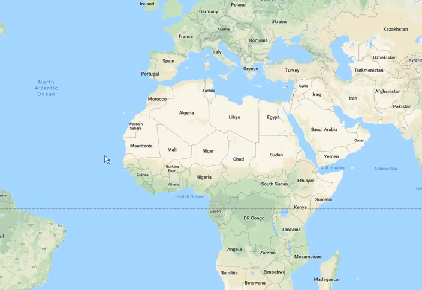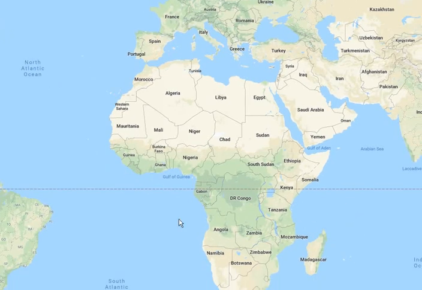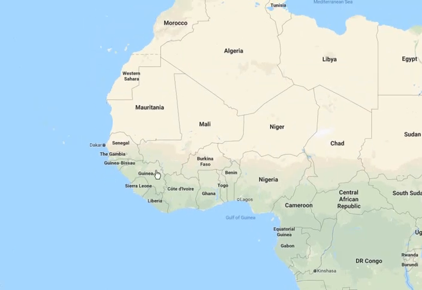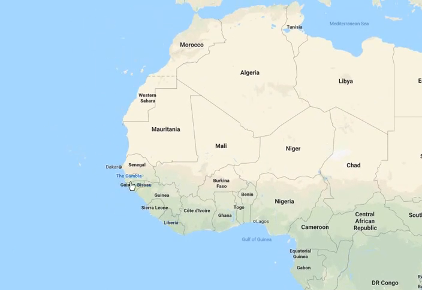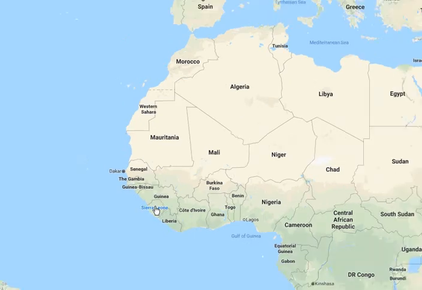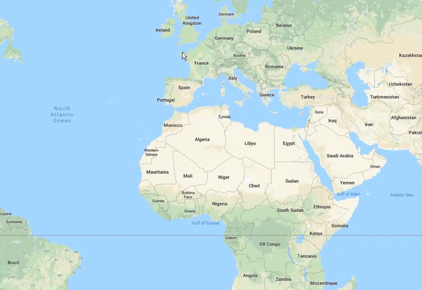So the area that we're looking at here is going to be West Africa, right in this area right here. What we do to look at the areas in this land, Gabon, Democratic Republic of the Congo, Angola, those we consider to be more of Central Africa, even though they're a little bit more on the coast. When we look at the areas of West Africa, these are going to be a very important group of areas, because the Europeans in the 1400s and 1500s were sailing around the southern tip of Africa. We've discussed that many times before, but these are the countries that are going to have that rich history.